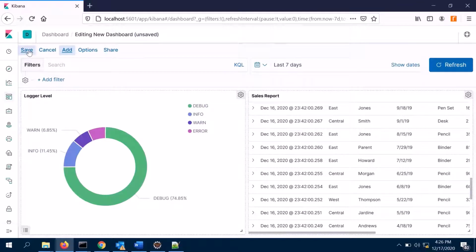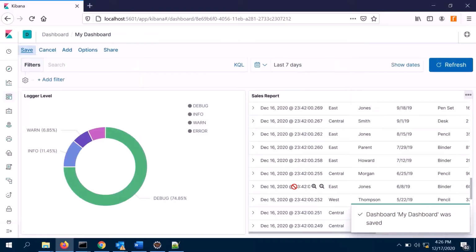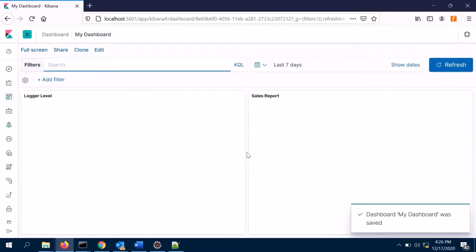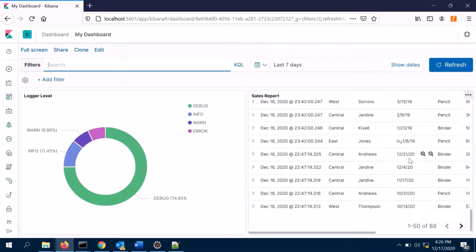Now we can save my dashboard. You can save my dashboard and put in whatever description you want. Now save it. So your dashboard is ready. It's loading here. So the next time when you want to edit or change anything, just go to edit,